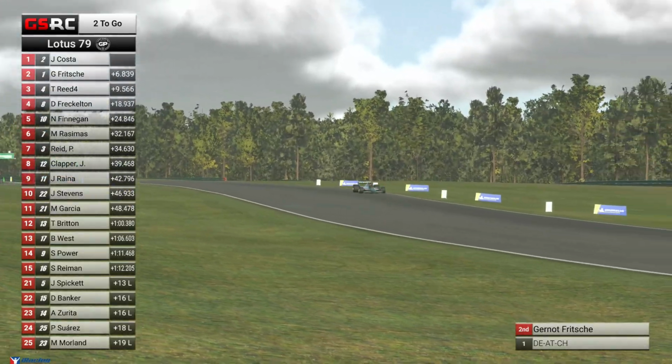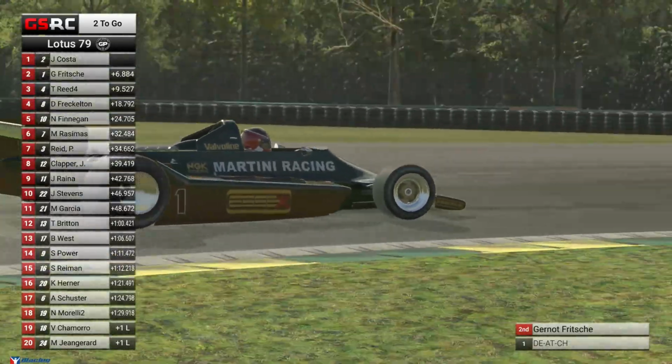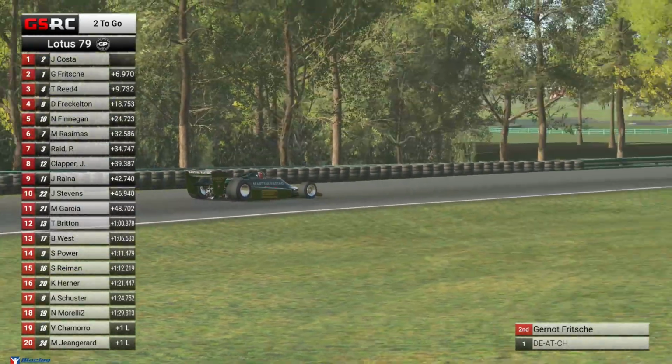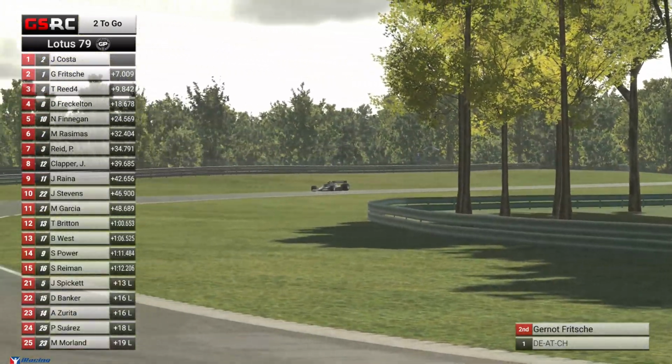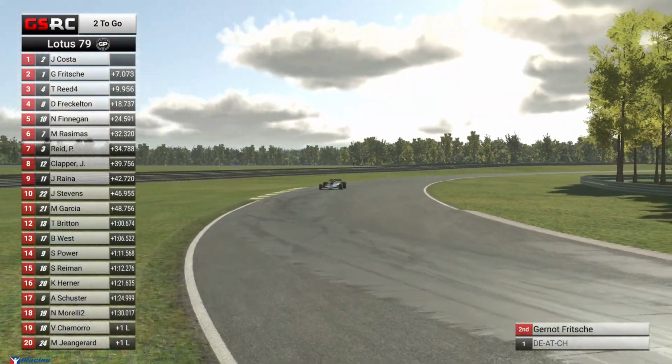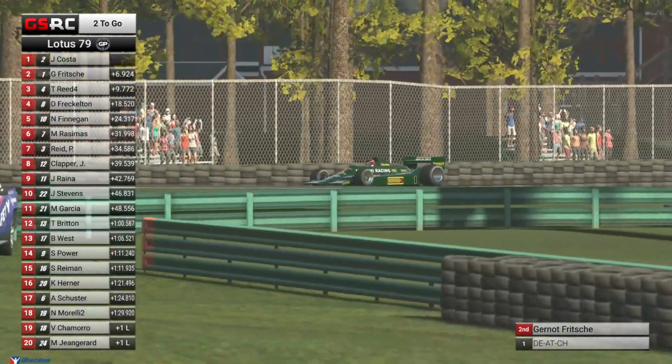That could be something of an issue because I've seen some drivers at the back of the field really struggling with the handling of the car here. But Gernot Frische has not been gaining time. It's down to 7 seconds between them as we look at the car through the trees heading up into NASCAR Bend. It's just a really slight...